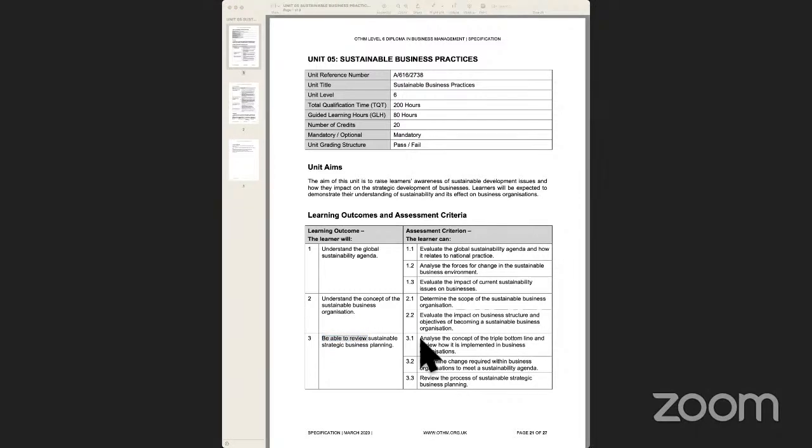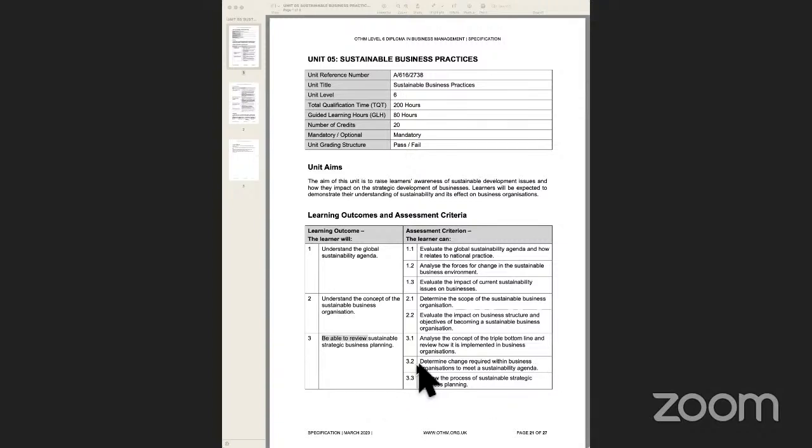So when we talk about be able to review, we are going to be looking into understanding how we can actually give an example, and then explain some of the assessment criteria related to this learning outcome. So we need to be able to express and look at, by taking up an example, and complete some of the assessment criteria which will be related to the assignment brief, and they would be to analyze the triple bottom line concept. So Paul Elkington, who introduced this concept, we'll be looking into this in a bit more